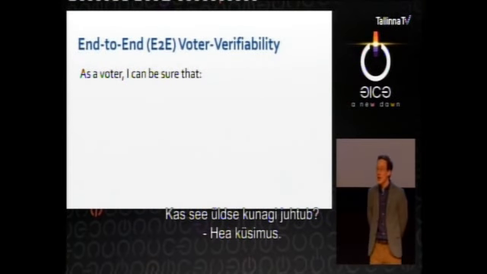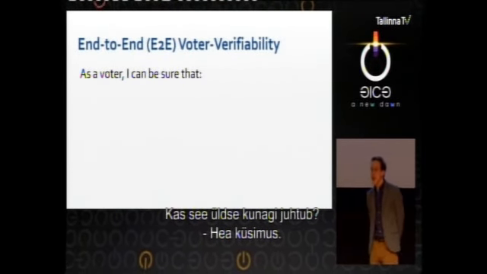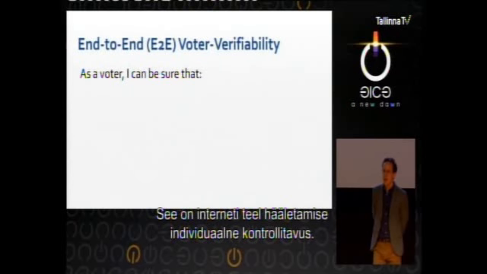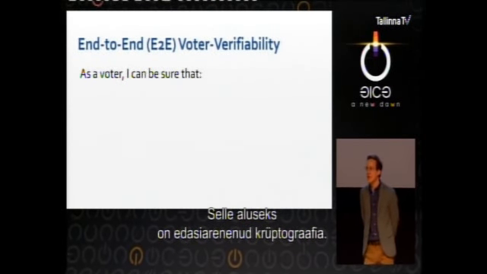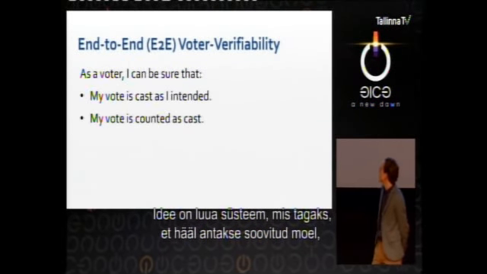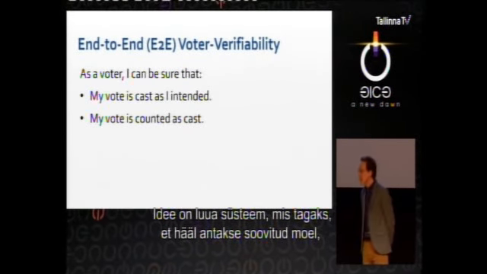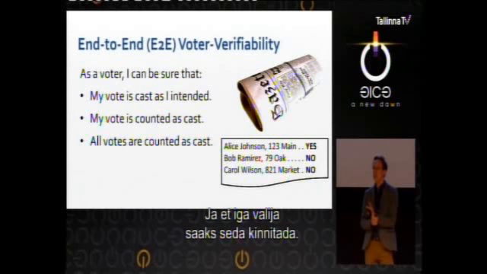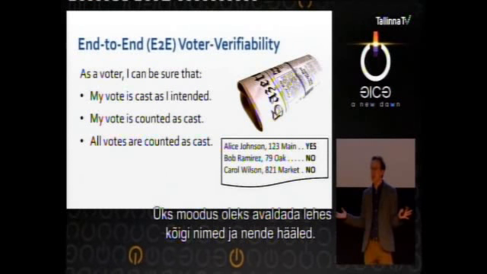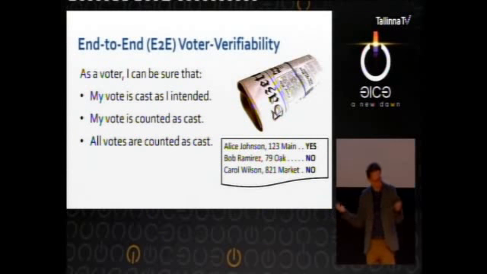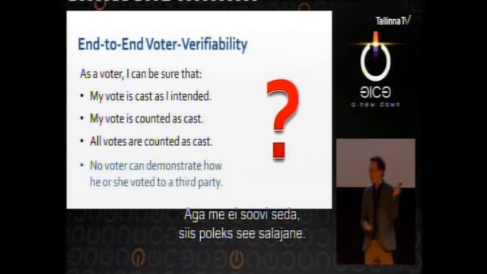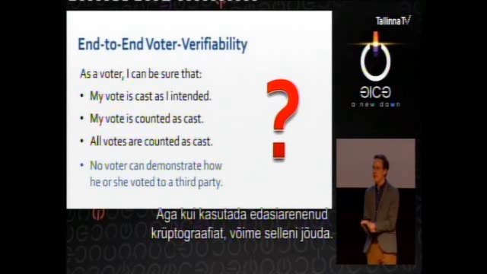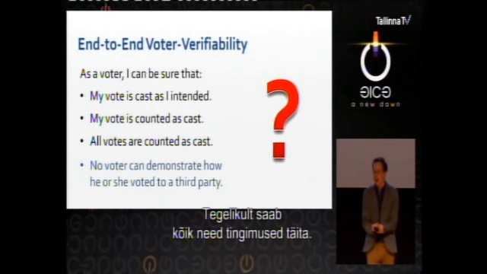It's a great question, and there's a really promising area of research on this, something called end-to-end voter verifiable voting that's based on some advanced cryptography. The idea here is basically you want a system that ensures your vote is cast as you intended, that it's counted as cast, that all votes are counted as cast, and that every voter can confirm these. One way you could get this is just by publishing everyone's name and how they voted in a newspaper, right? But of course we don't want that. It's not a secret ballot. But by using some more advanced versions of cryptography, we can get that too. Believe it or not, it's really counterintuitive that you can have all these properties.